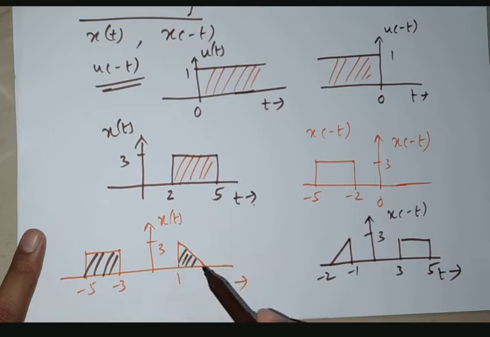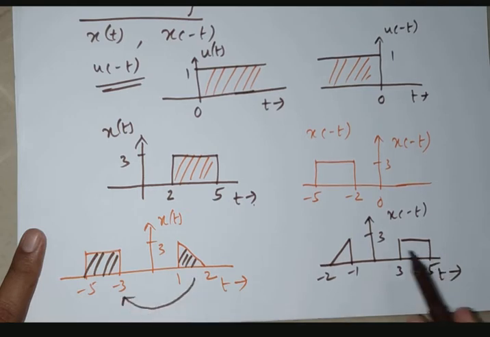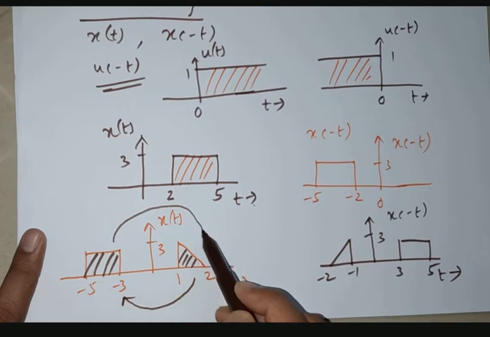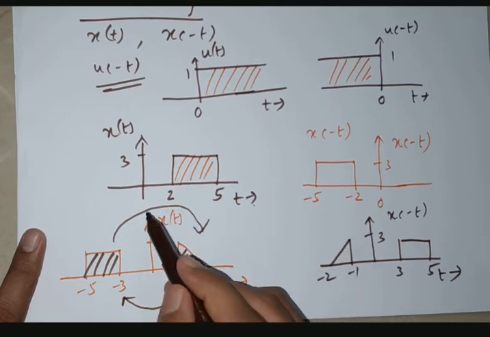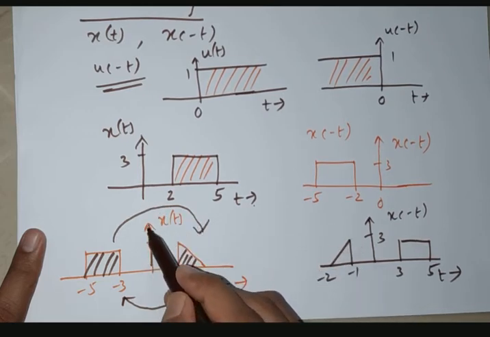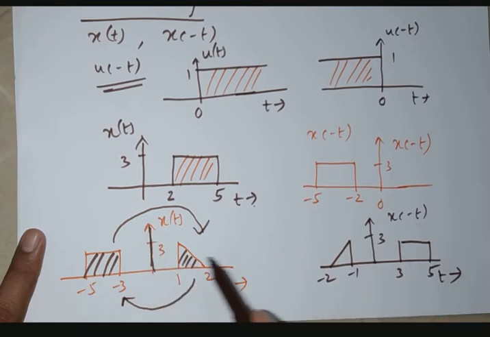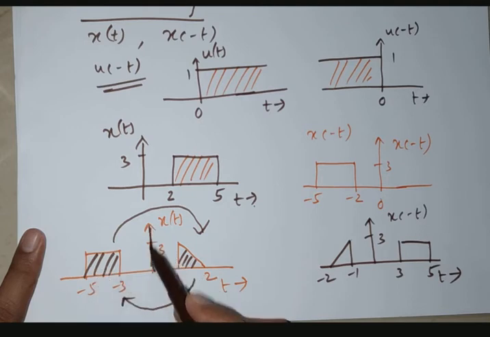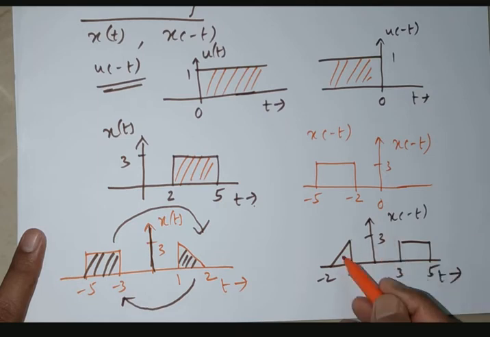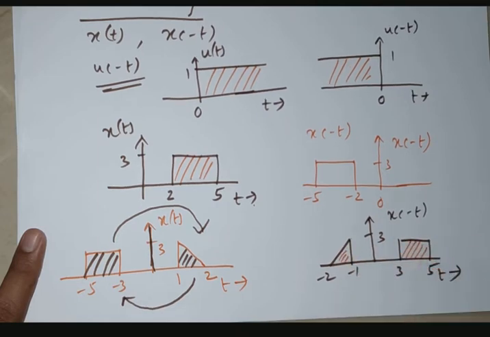Okay, this is very important. Rotate like this. See, rotate either clockwise or rotate anti-clockwise with respect to y-axis. This is important, with respect to y-axis. If you rotate either clockwise or anti-clockwise, what will happen? Then see, automatic when you rotate with respect to y-axis, this left hand side part will go to right hand side and this right hand side part will come to left hand side like this. Okay, clear? This is the time folding.